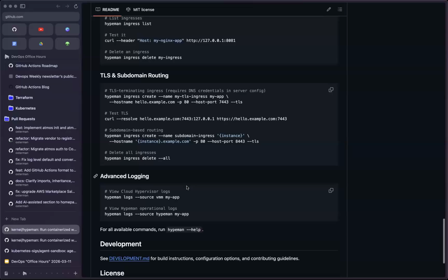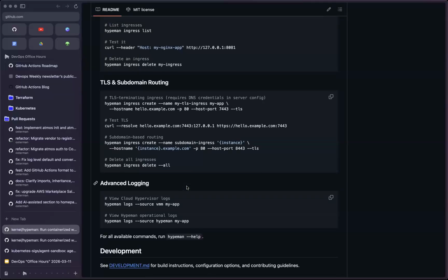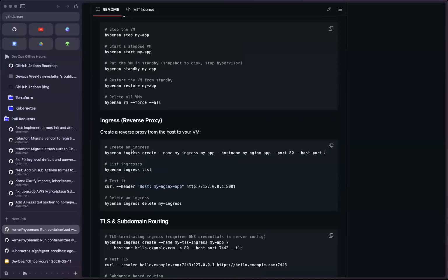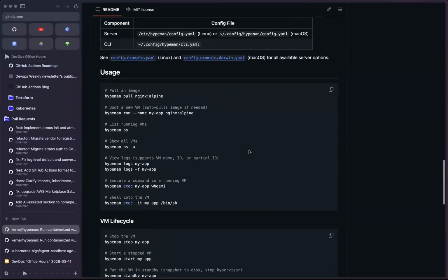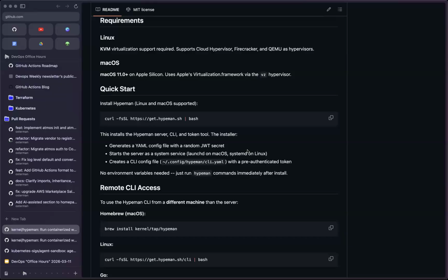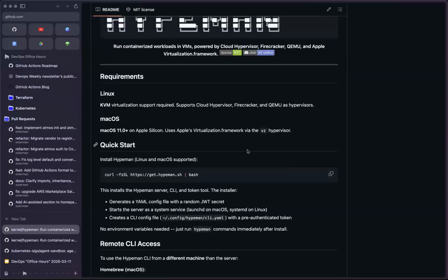So Dan shared Hypeman, and remember we were talking about kernel.sh earlier? Kernel.sh is built leveraging Hypeman, and it sounds like Hypeman is similar to the thing that you built. Yeah, it's the same concept of running a hypervisor, but this is a tool they made because they have all these bare metal instances supporting their containerized environments, and they need some way to launch VMs on those instances.